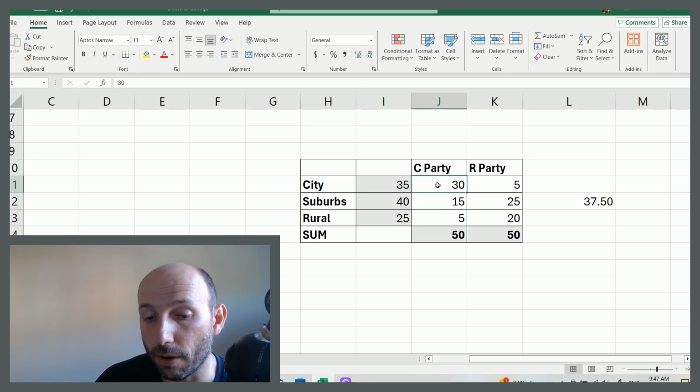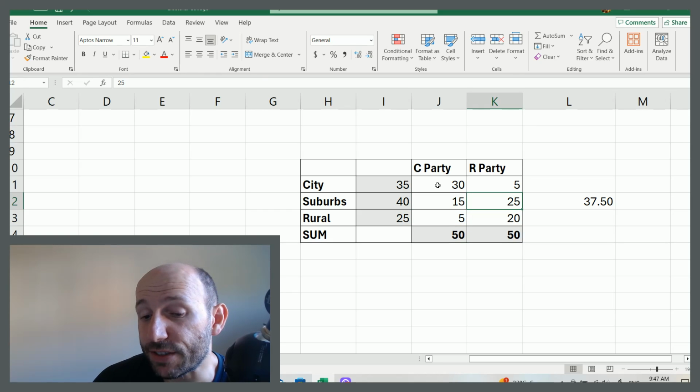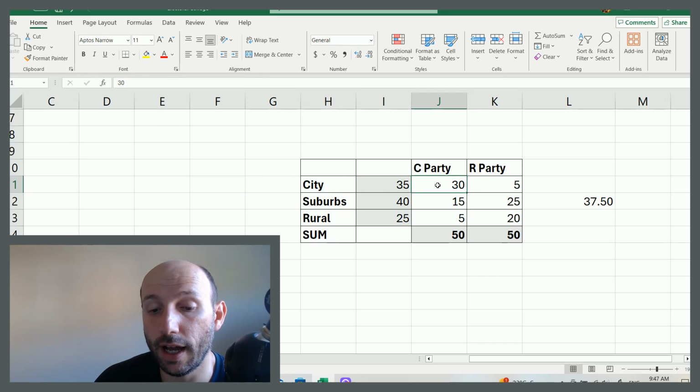So if the city party in this situation is overwhelmingly supported in the cities and overwhelmingly disliked in the rural areas, as long as they have more than 38% of the vote in the suburbs, they win, okay? Now if they have 38% of the suburb vote, that means 62% of the suburbs don't like them. So if your party is favoring the cities, it's overwhelmingly popular in the cities and very unpopular in the rural areas, and even if 62% of the suburbs don't like that party, it still wins the elections, right? And that's a solid strategy.